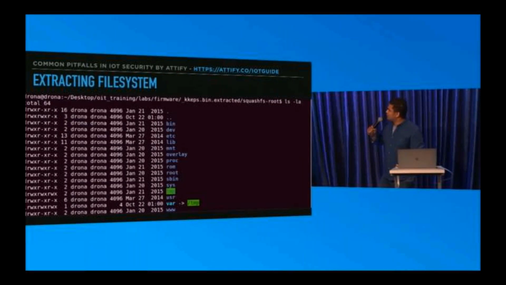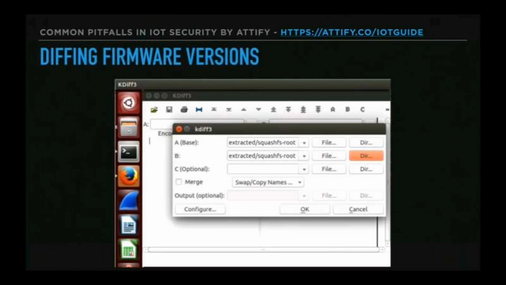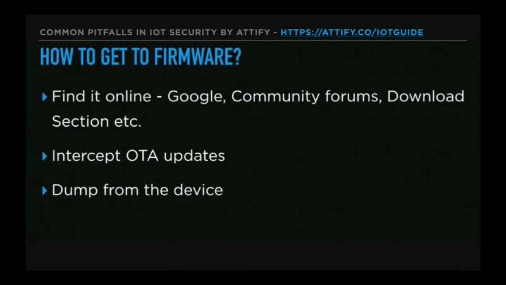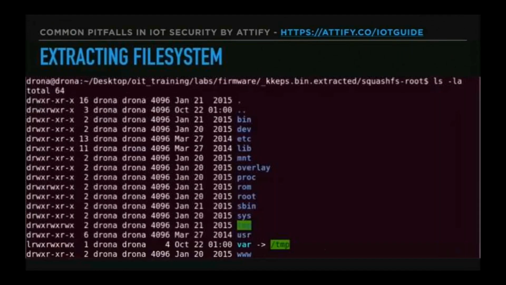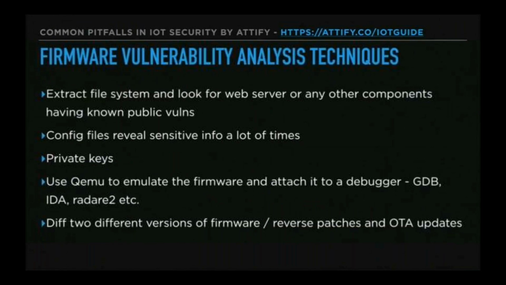So yeah, also once you have the firmware, use tools like binwalk, which automatically extract the file system from the firmware, and you have the entire Linux image. Look for different things like configuration, private keys. In most of the cases I've seen, they have their private certificate and all the API keys stored in the firmware, just because the developer doesn't realize that anyone can get access to the firmware. So yeah, firmware is one of the really interesting places to start looking if you want to find vulnerabilities